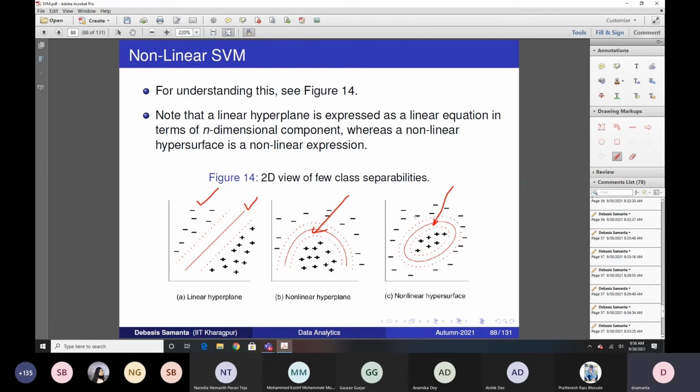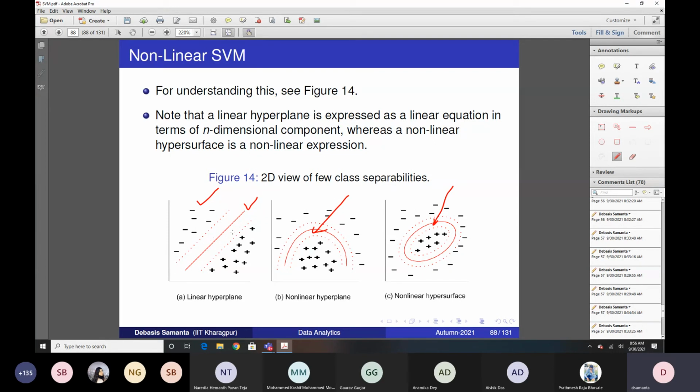This is the equation of a parabola, right? What is the equation of this one? Anybody, please? Oh, sorry, I had muted my mic. That is why I was not able to hear. Anyway, what I'm saying is that this is the equation of an ellipse: x square by a plus y square by b equals 1. This is the form of the nonlinear curves.